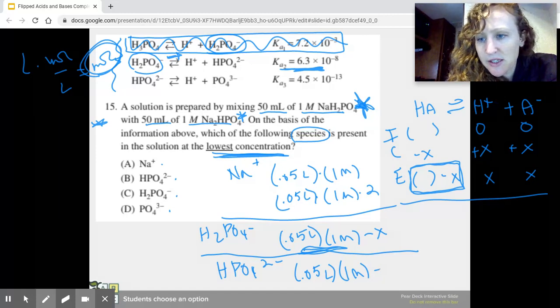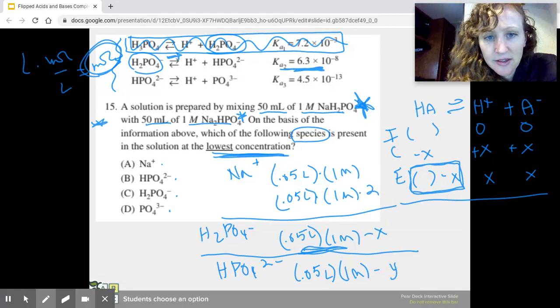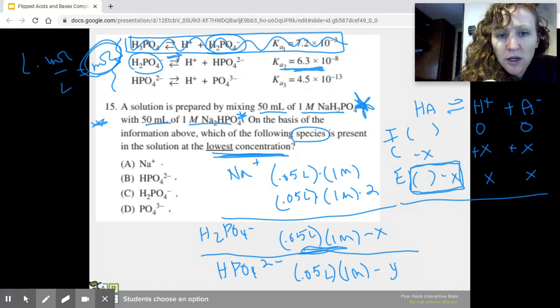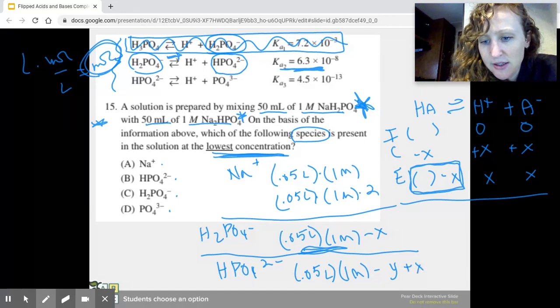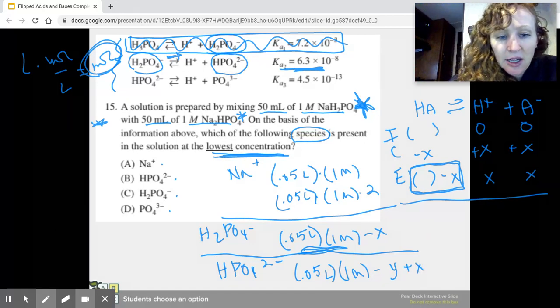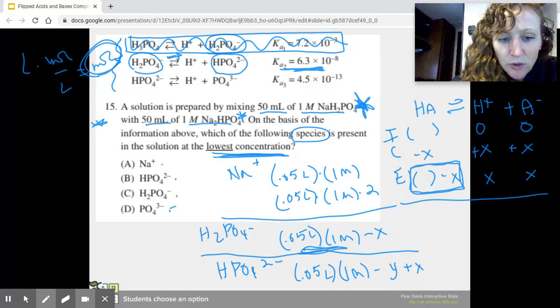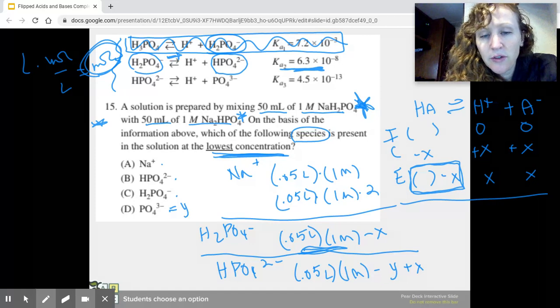So whatever, let's just call that change Y, since we have X on the table above us. You're also going to form a little bit here, so plus X. Okay, and now PO4 3 minus is just going to be equal to that change that you get from the ice